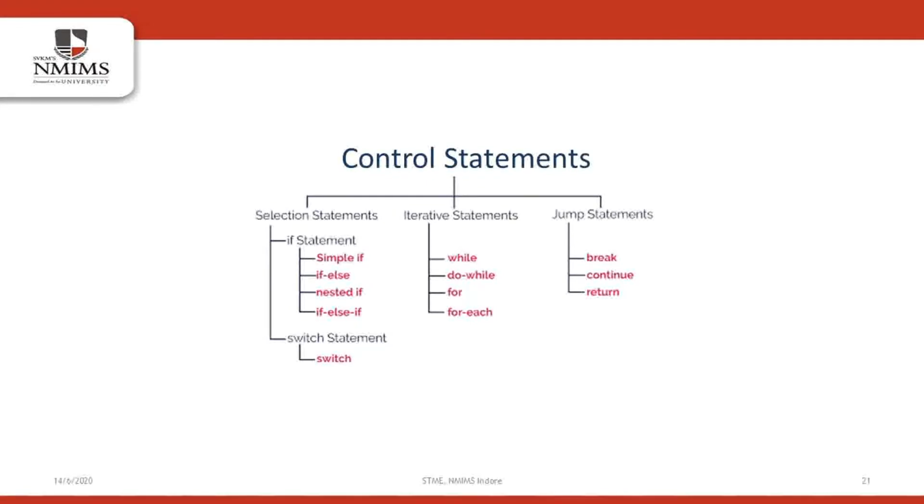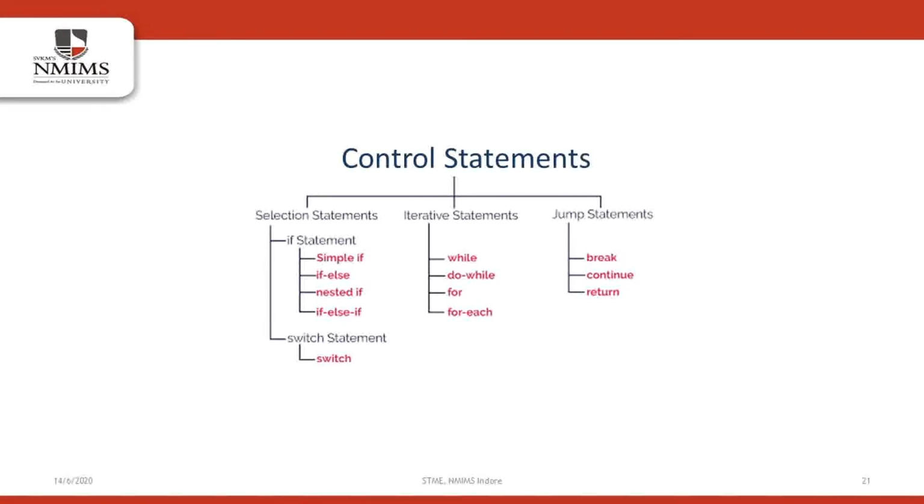Now the selection statements are also known as the decision making statements. Decision making in programming is pretty much similar to decision making in real life. For example, one of the most difficult decisions to make is what subject to choose after 10th. We analyze our potential and all the conditions, and based on that we make our decision. In programming also, we face some situations where, based on some condition, we need to execute a piece of code. The if statement and the switch statement help us do that.